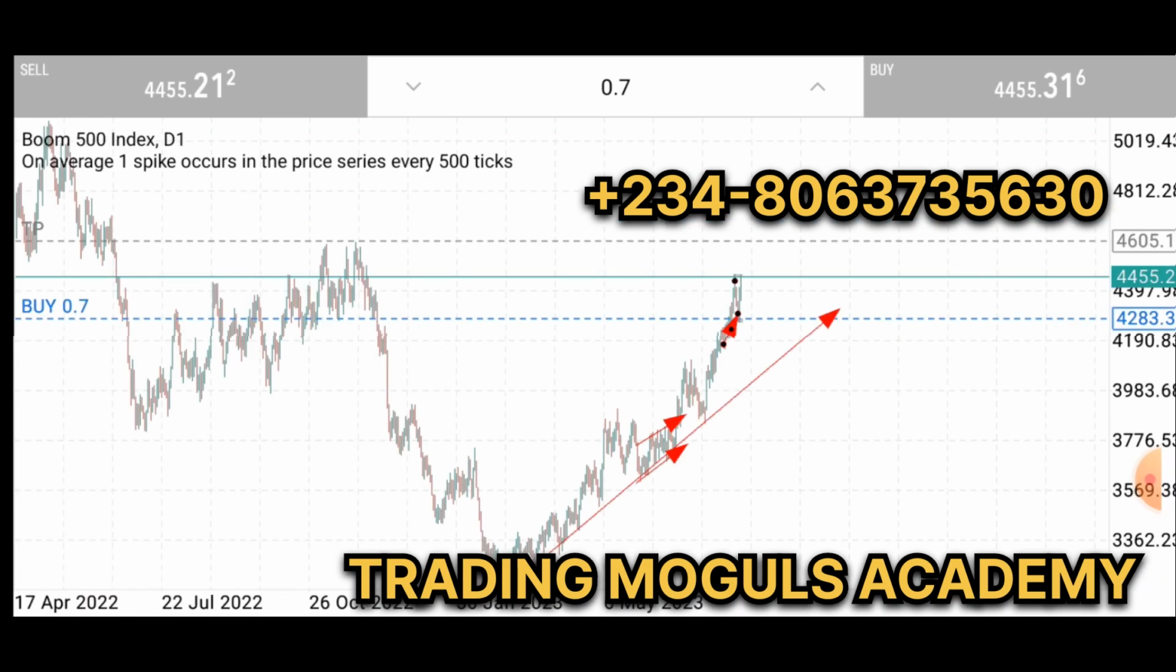Okay, you can actually see where we have our TP here, and I hope it gets there as well. Looking at what we have here,